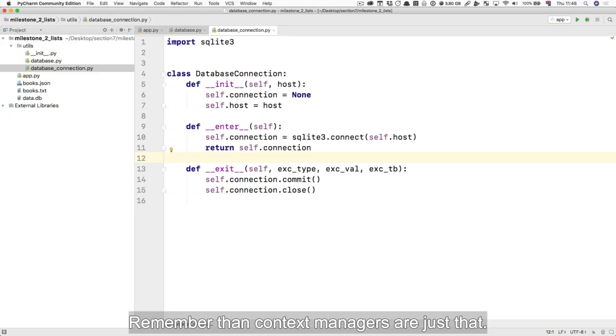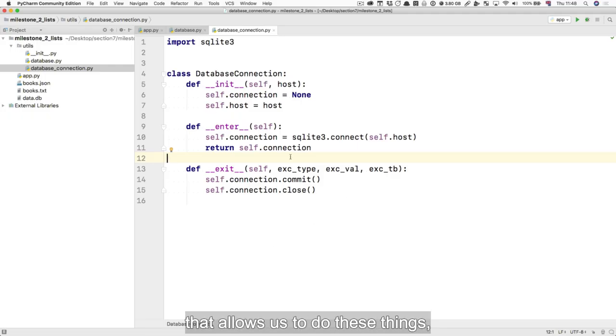Remember that context managers are just that. They are functions used to manage the context, and Python gives us some syntactic sugar, the with statement, that allows us to do these things. But they're just functions running at the start